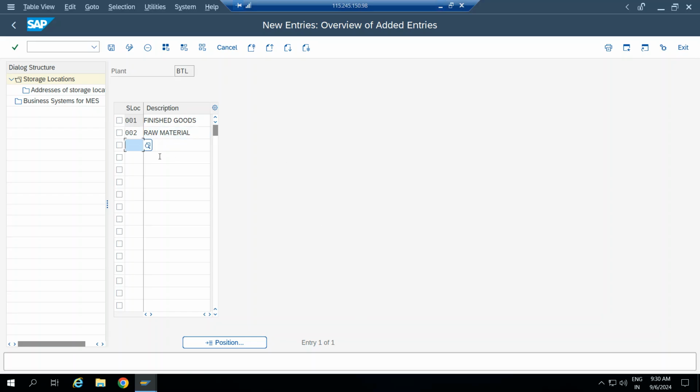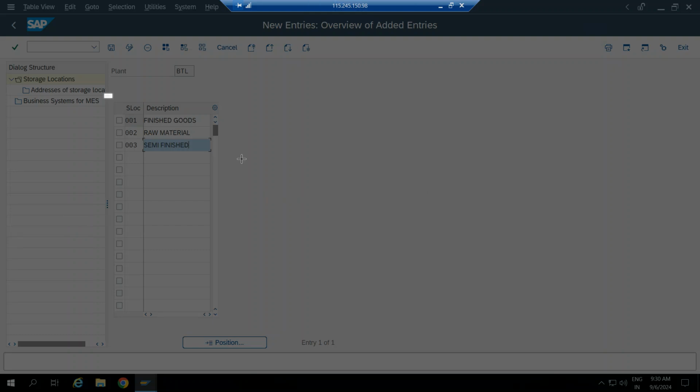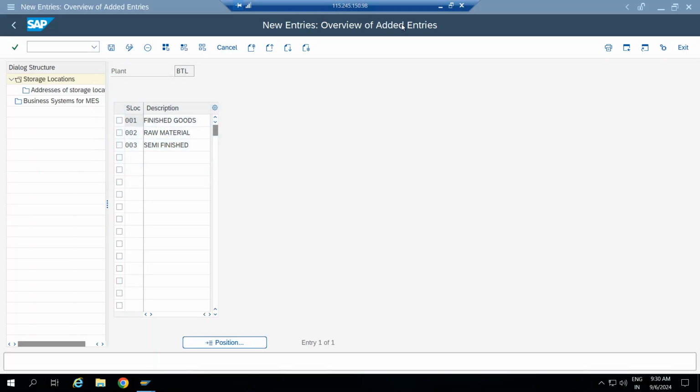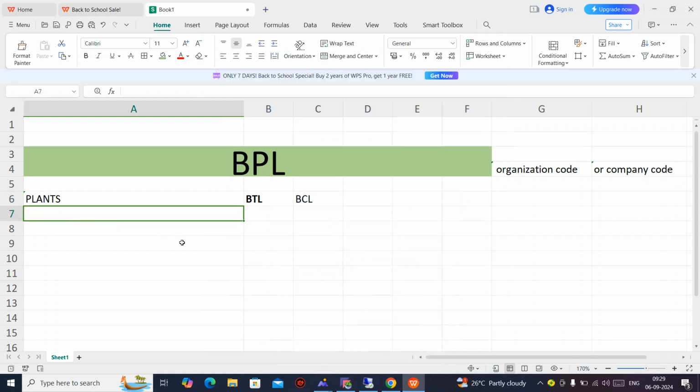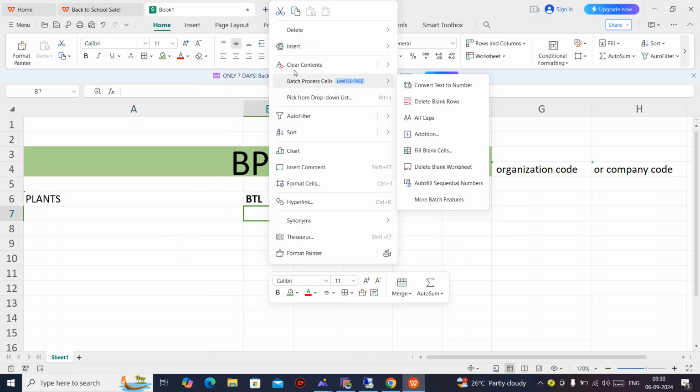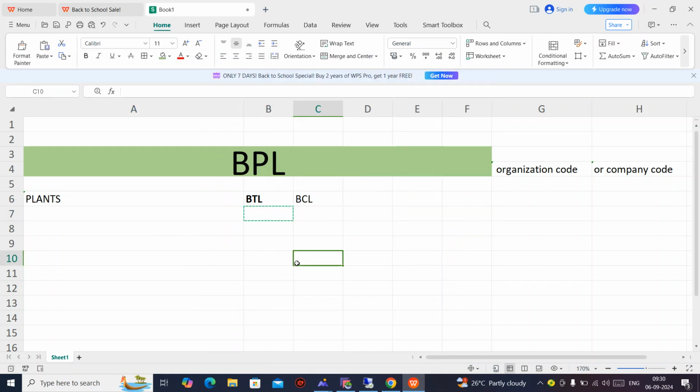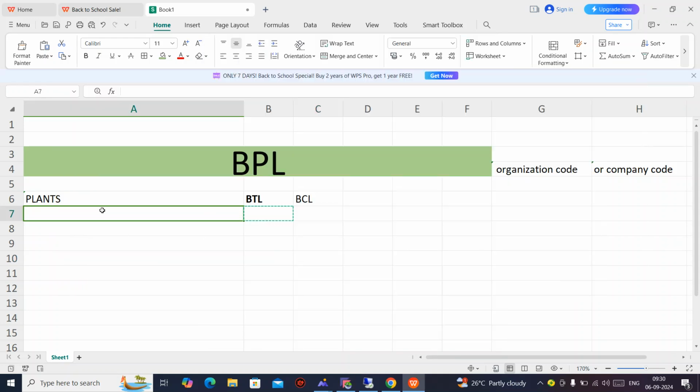Okay, and another we are going to create semi-finished material, semi-finished. So I have divided my particular plant into three different storage locations. So let me take the screenshot of it. I think that is not copied. So okay,